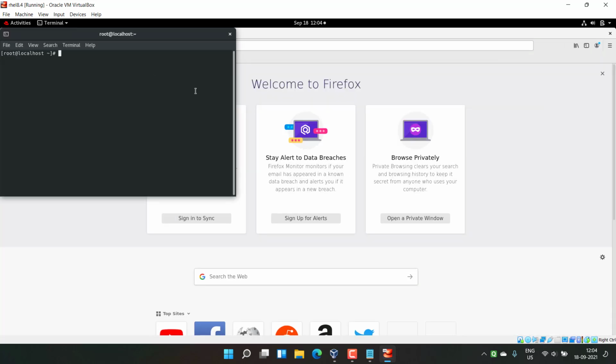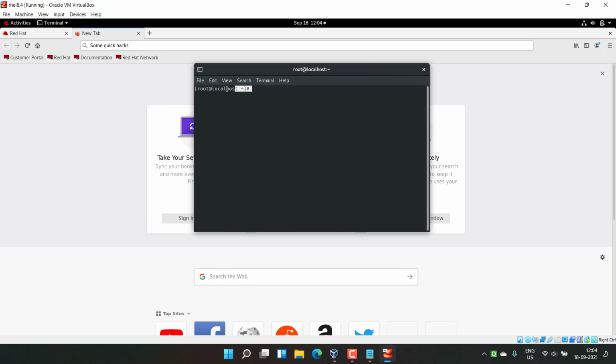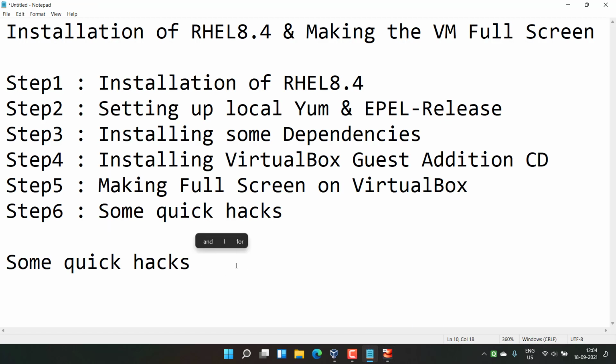Backward direction means let me open the terminal, and from the terminal let me copy something. So I'm just copying this string. I copied this string. If I go to my notepad and here let me give the space, if I do the paste here, you can see this string come up here.